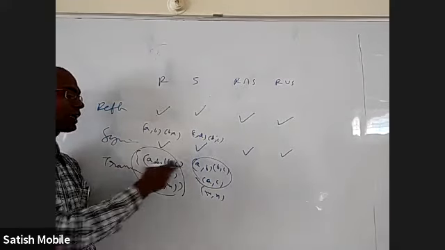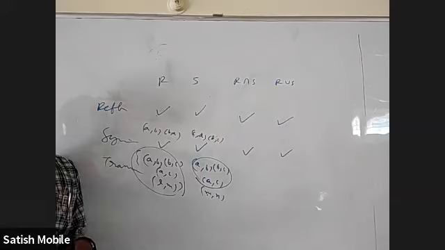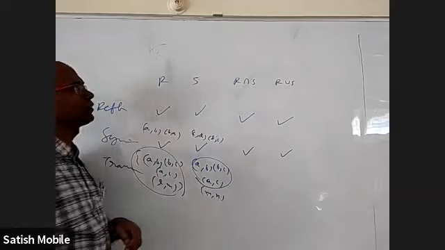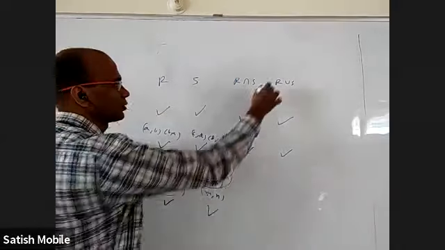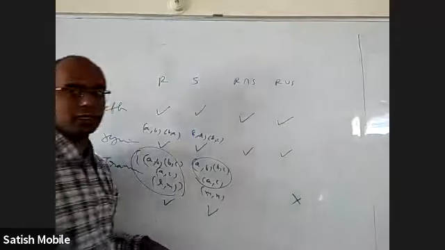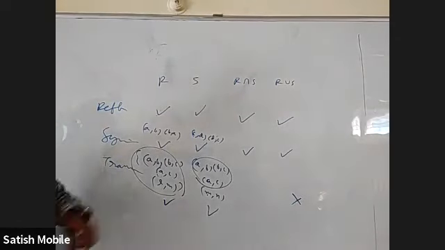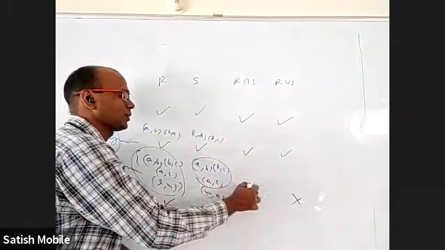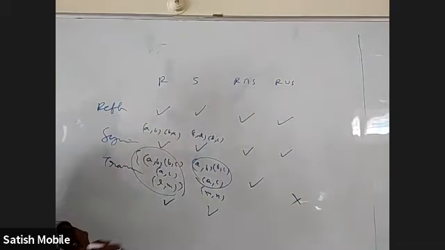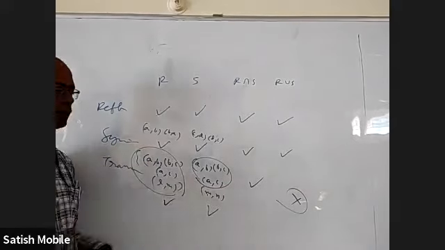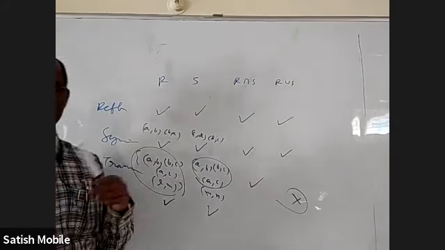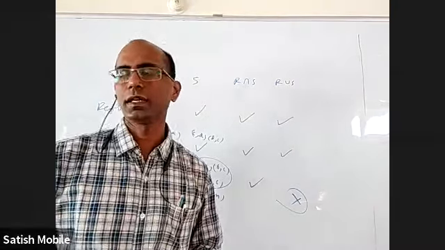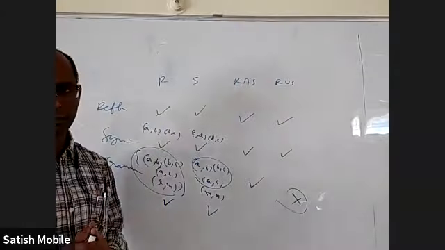Okay. But when you take their union, what happens? LM is also there in the union, MN is there, but LN is not there. So even though this is transitive and this is transitive, R union S need not be transitive. It may or may not be. But intersection will be transitive because this will not come, this will not come, only the common elements will come. So this is the only trick. All other things are fine. Only thing is when R is transitive and S is transitive, R union S need not be transitive.